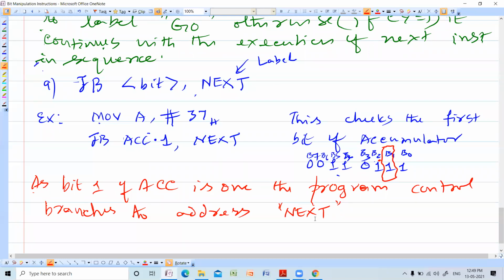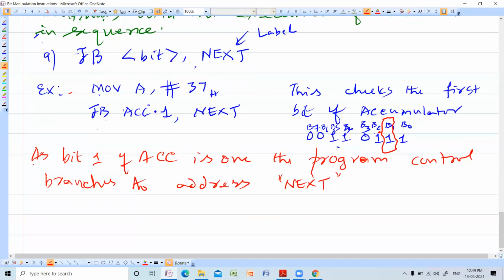So suppose here the next instruction is something, some add A with #2, some add like this. Suppose you move a different data. In this case, let the data be 35H. So that's the second case. So 35 is 0011 0101.